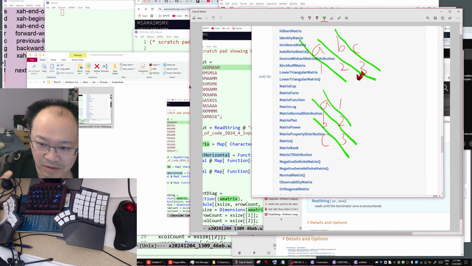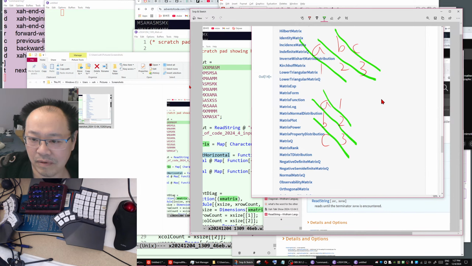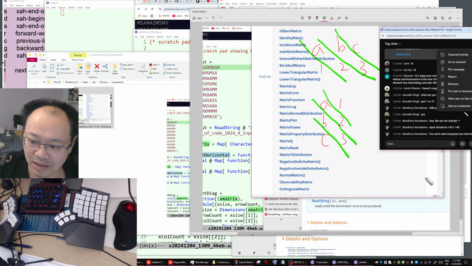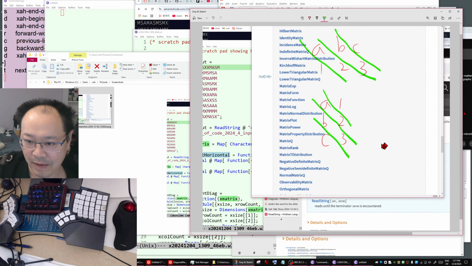So transpose is not the right answer, but what you want is some kind of flip. You mentioned flipped mirror. That's probably the answer.